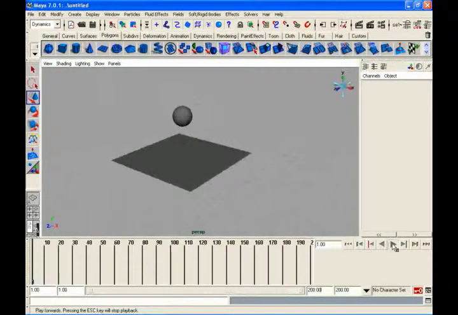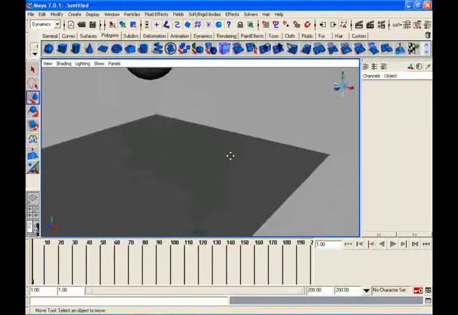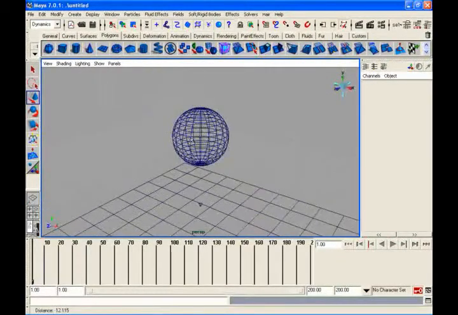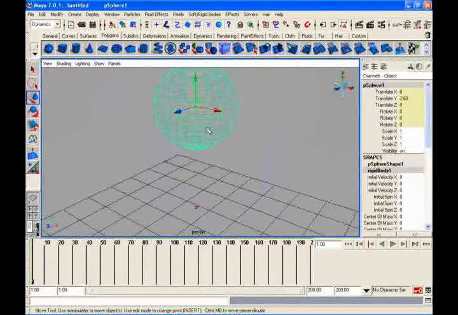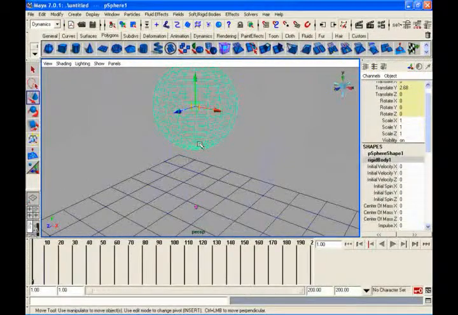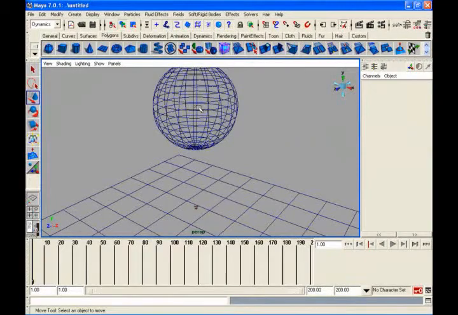So presently, by default, wherever the pivot point is, Maya will place the center of mass of the dynamic object there only, meaning from there only it will do the rotations and all those things. If I change the pivot point, it doesn't change the dynamic point. Like if I press insert and move it down, it doesn't change the center of mass of the dynamic object calculation. The computer doesn't know the pivot point is here, it will calculate the rotation from there only. So to change the dynamic pivot point, we will be using the center of mass.